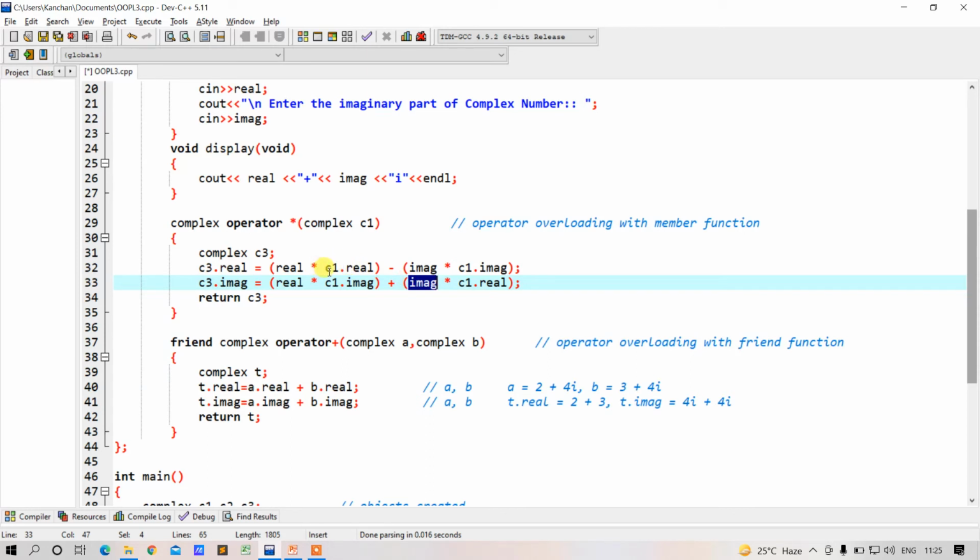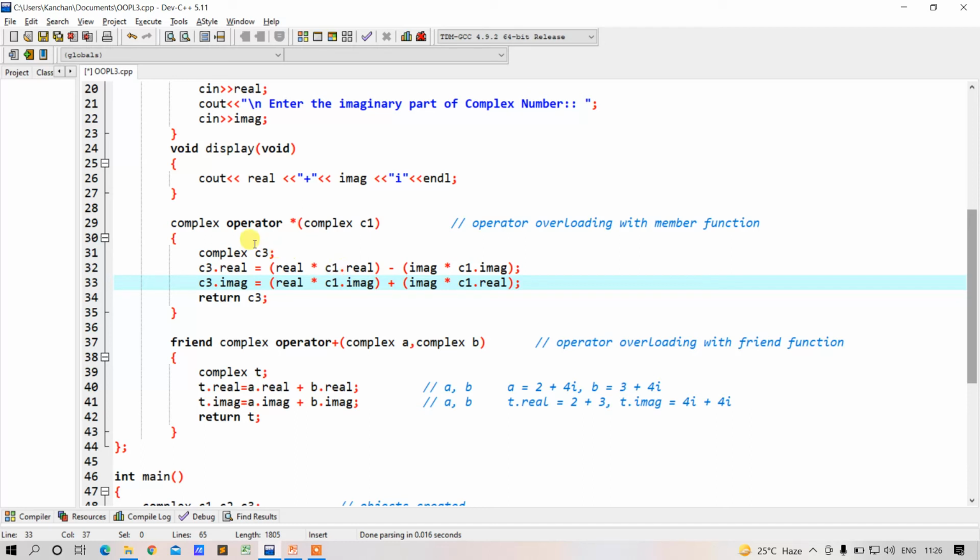Whereas when I want to consider the real part and the imaginary part of the second complex number, I will take the help of the parameter which I have passed. So I will write C1 dot real, and for the imaginary part I will write C1 dot imaginary. For the real part I will again write C1 dot real and C1 dot imaginary.